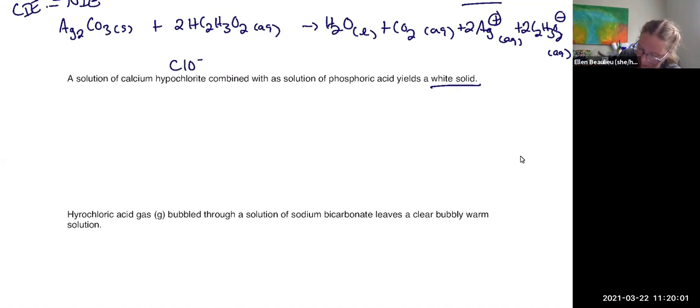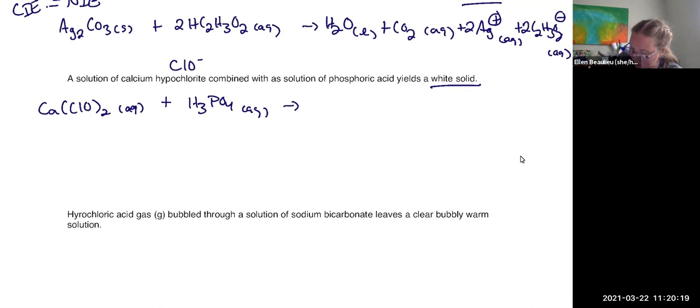So calcium hypochlorite is going to have a formula Ca(ClO)2, meaning 2 of those hypochlorite ions, plus phosphoric acid, H3PO4, yields calcium phosphate